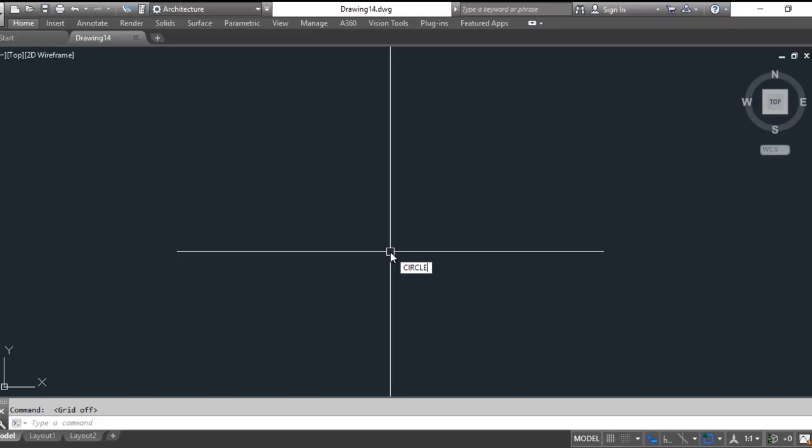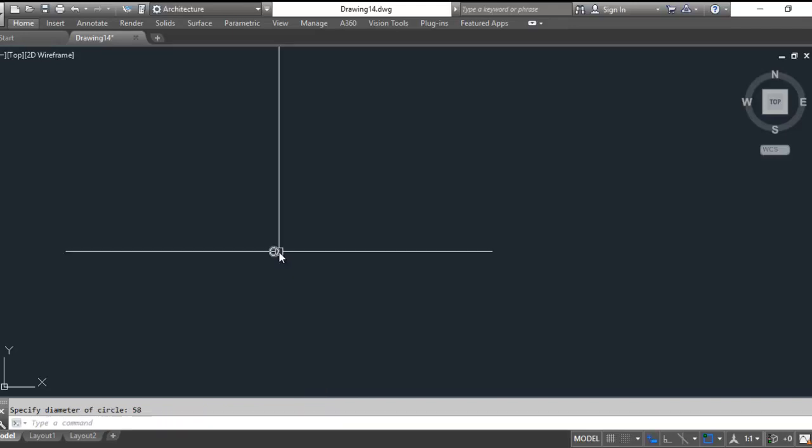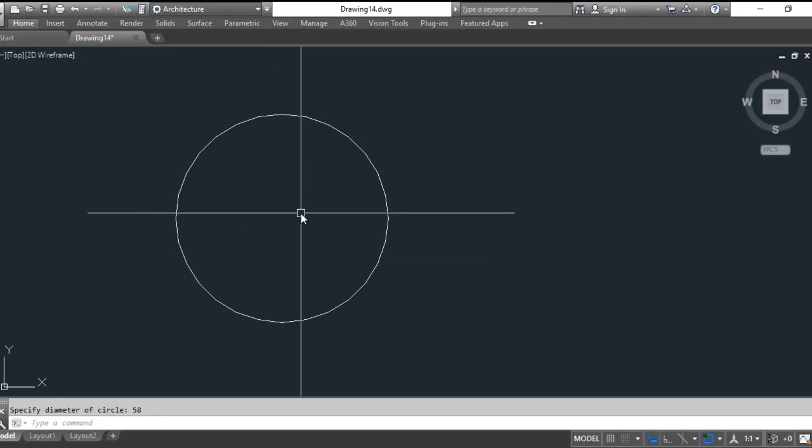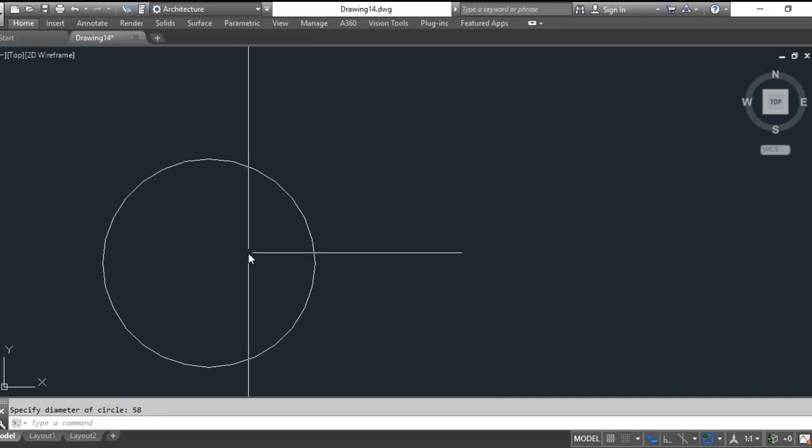Start with a circle for this bottom corner. Hit D, enter for diameter, 58, enter. There's our circle. I can scroll in with my scroll wheel and push down on that scroll wheel to pan around if I'd like. Let's get that polygon in there,